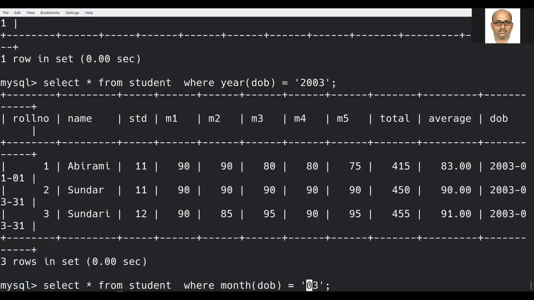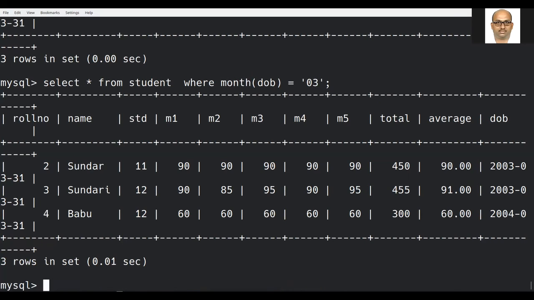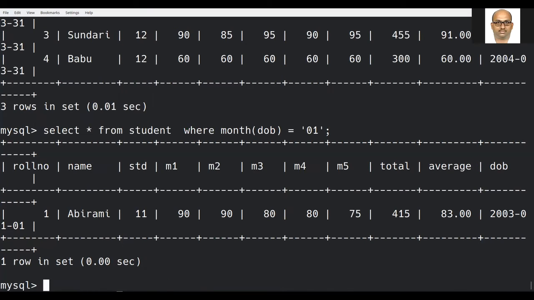See here, who are the students who are born in the month of March, irrespective of the year? See here, 3 students. If I want to check it for the month of January, I will have only one record.